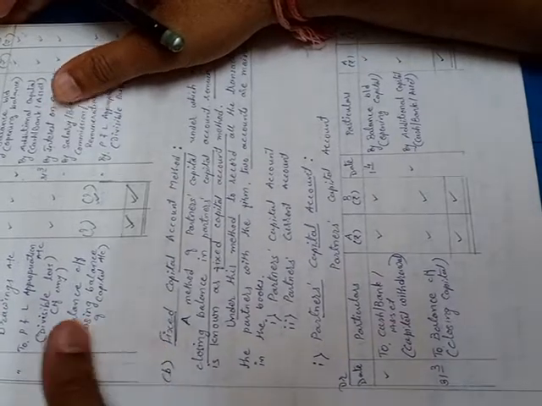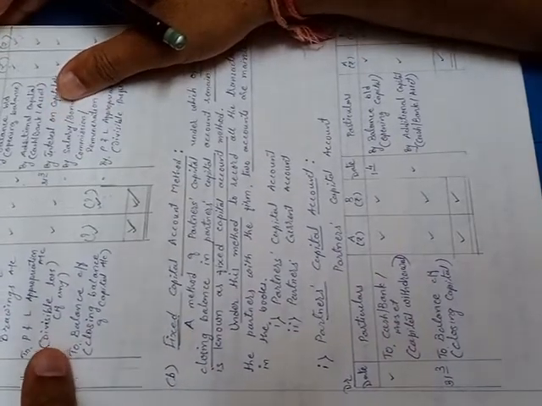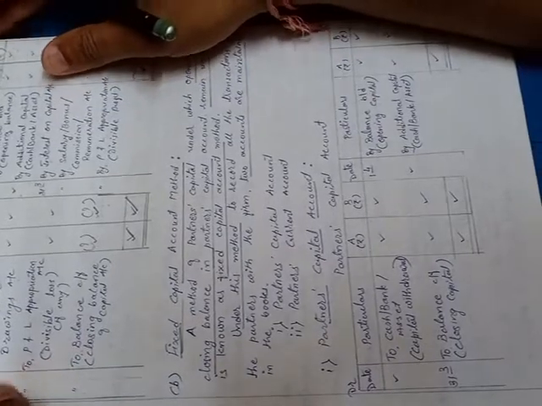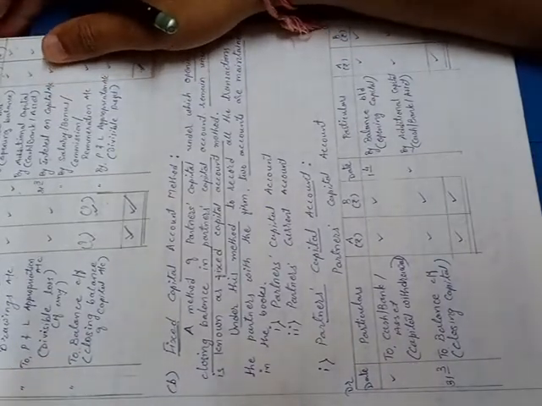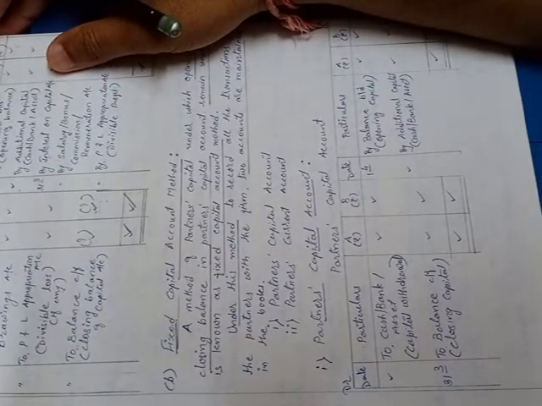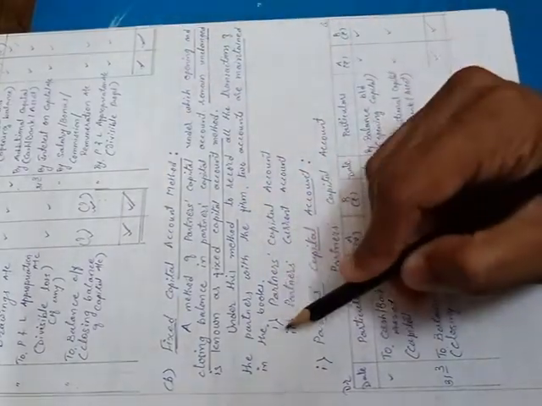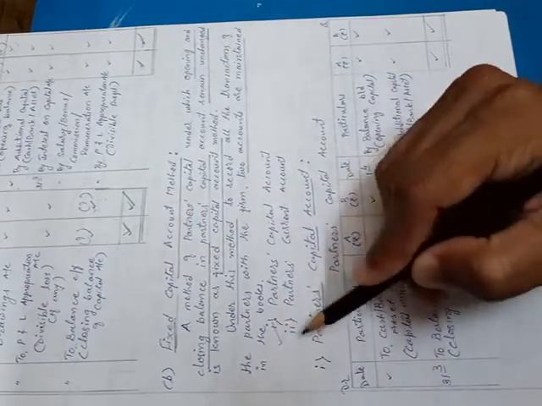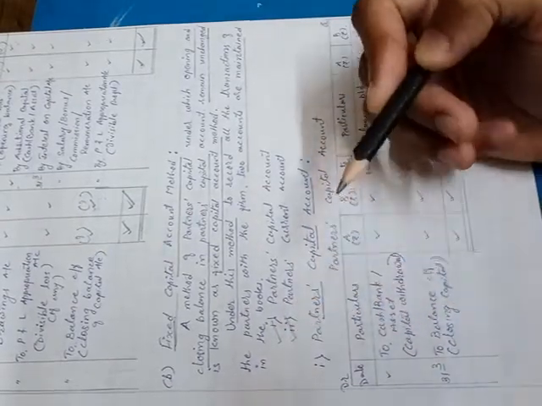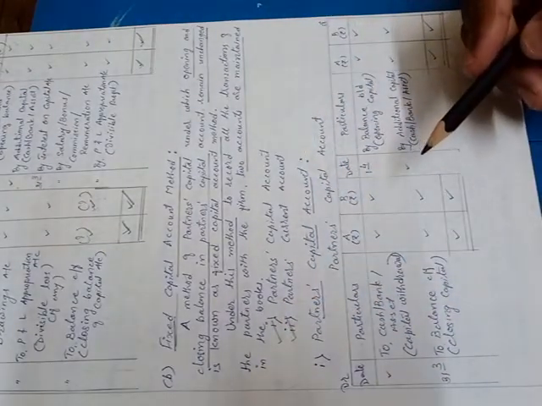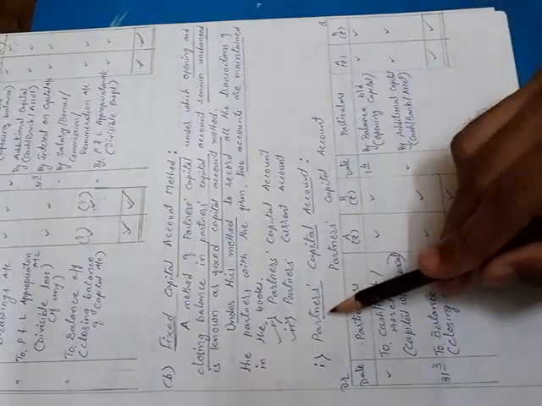It is also a part of capital, but according to the method they do not want to show the changes in capital, so they will show all those transactions related to the partner in a separate account called a partners' current account. So in the fixed capital account method there are two accounts we are going to prepare. One is partners' capital account, second one is partners' current account. So first we'll see the partners' capital account that I have prepared.